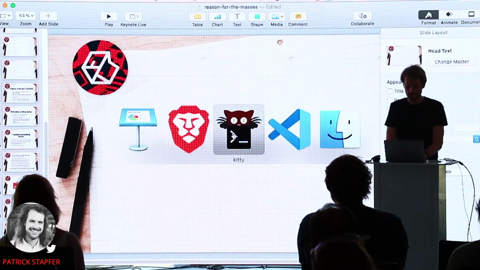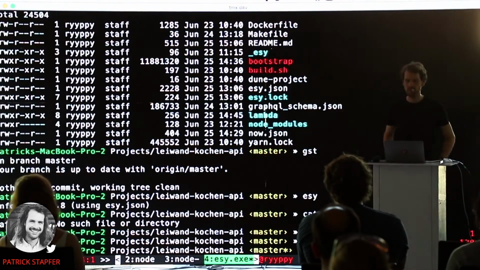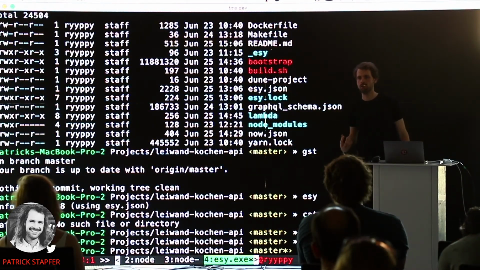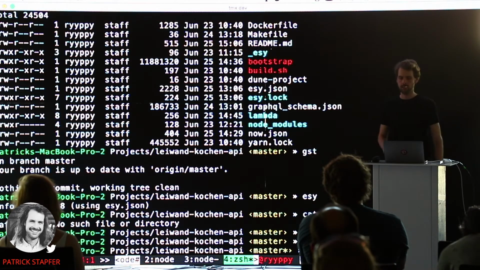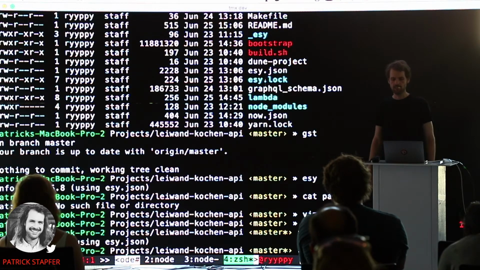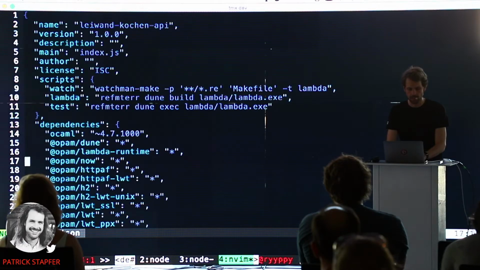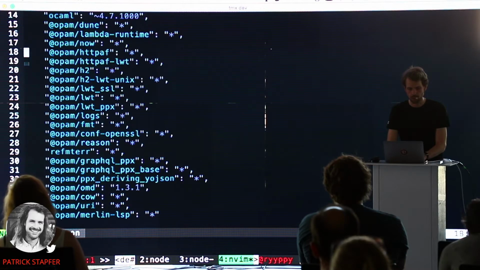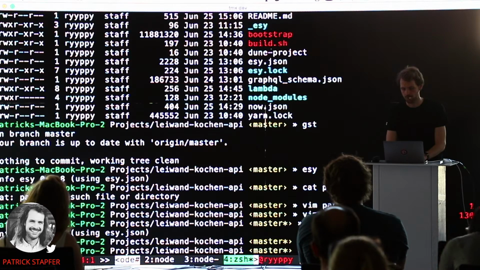Another thing I wanted to mention is that the Reason community has been thinking about how we can make native development as easy as possible. Like literally easy. There is a tool called Esy, E-S-Y. If you run Esy, it's very similar to NPM. It will manage all the dependencies we have, even the OCaml version which is used to compile the native code, and all the packages we need are in this simple file. We just run Esy, it does one huge build, and after that everything is cached. As long as the dependencies don't change, it will not rebuild the whole source tree.